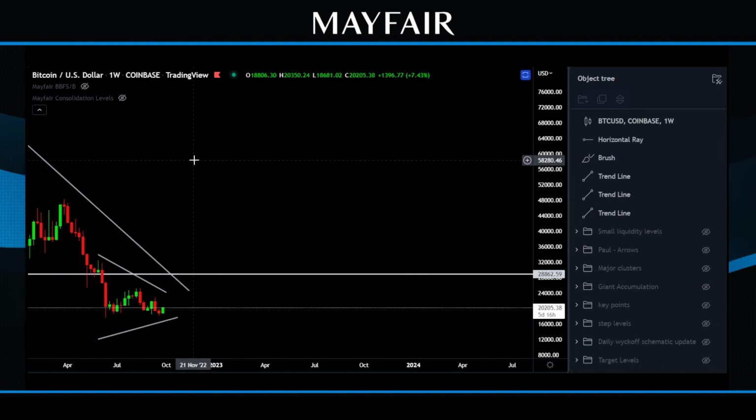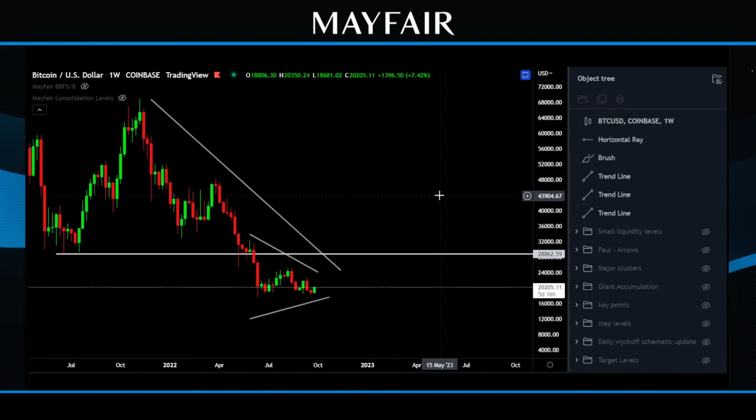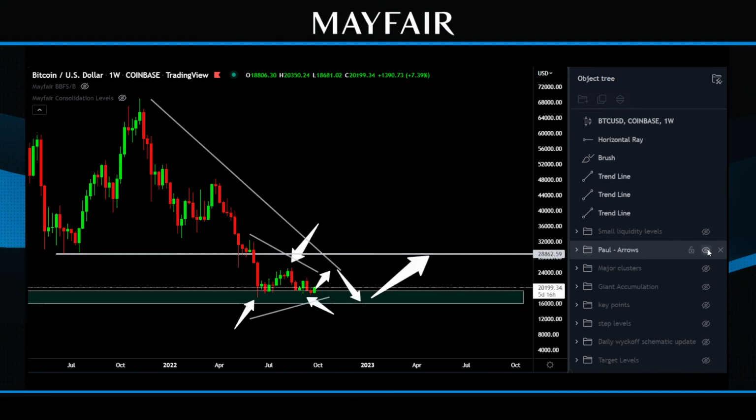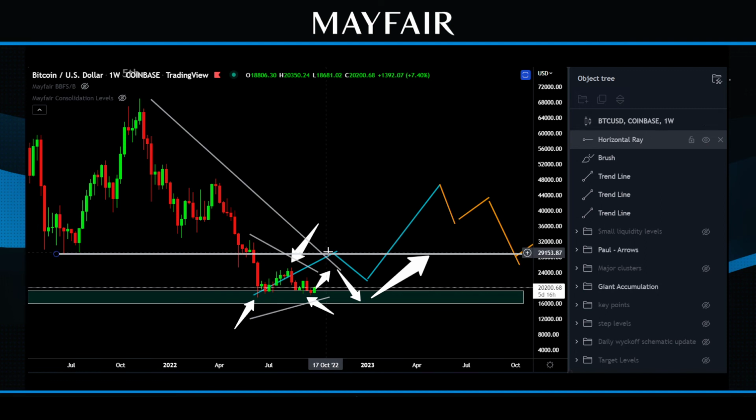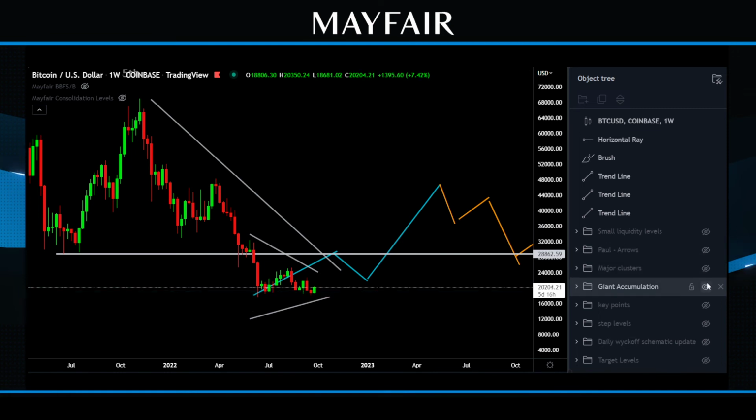So coming now into this weekly time frame, one of the things I spoke to Paul about was where we are in terms of the liquidity levels. We've come up, back down, and now the move up to come back down to go up again. It mimics what we've talked about with the giant accumulation. We go up to come down to go back up, and at that point we'll start looking at key levels, etc. But this is why I'm saying nothing's changed in the grand scheme of things.